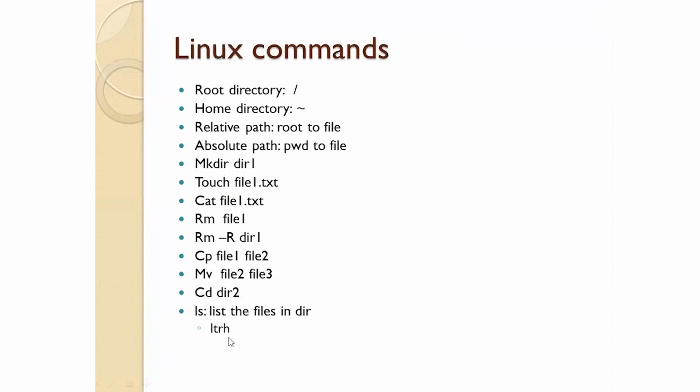H is for file sizes, which would otherwise be shown in bytes, but we as humans don't have the tendency to read the size of a file in the form of bytes. We understand megabytes somewhat better than bytes, right? So we just use this H option, which gives the human readable format of file size in MB, not in bytes.